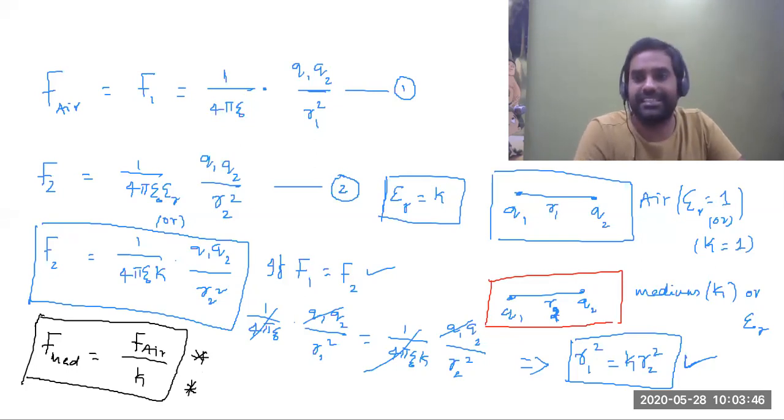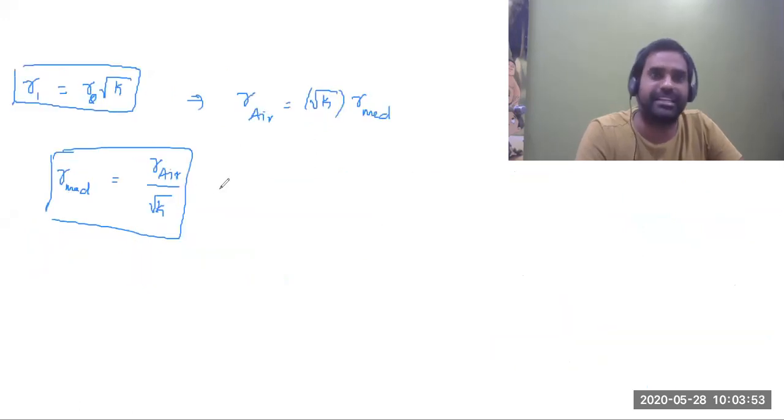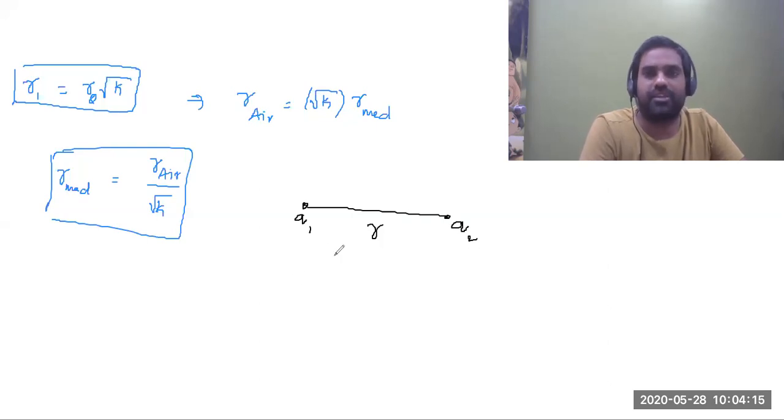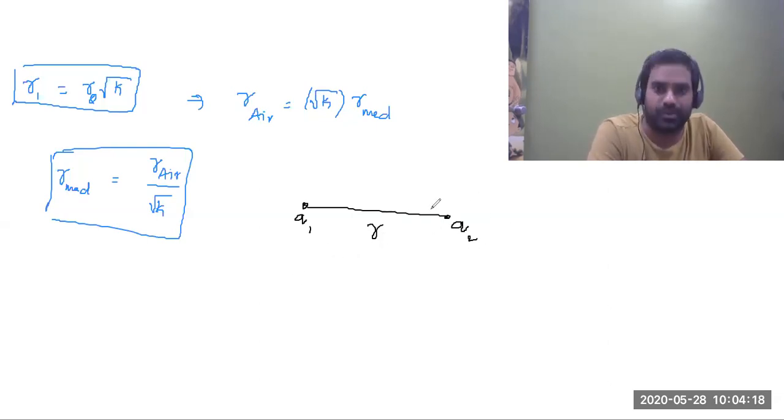Coming to the distance, this is a relation. See, guys, if you take the distance, this is going to be the relation between the distances. Now I'm going to give you a very important application. See, here two charges, Q1 and Q2, are separated by distance R. Therefore, no doubt, the force between them is equal to 1 by 4 pi epsilon Q1 Q2 by R square.